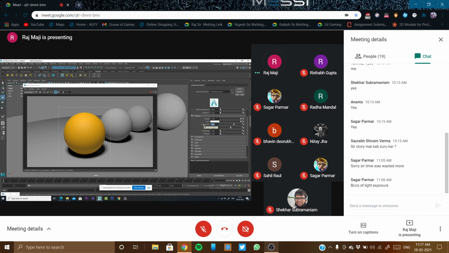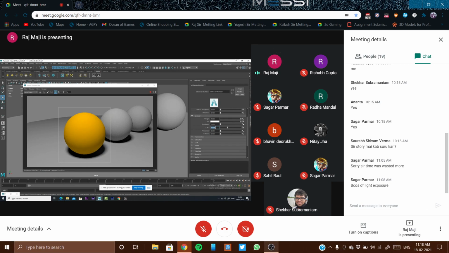Now the second thing is the IOR, index of refraction. This is also very important. Each and every object will have its own index of refraction. Let's keep it like this. These are the reflective areas, you can see this is the reflective area. Let's make it 1.